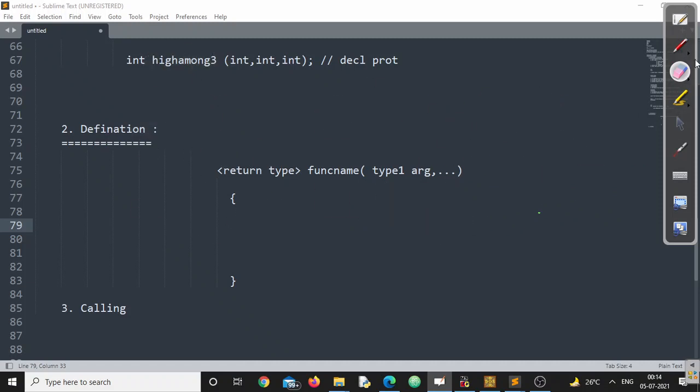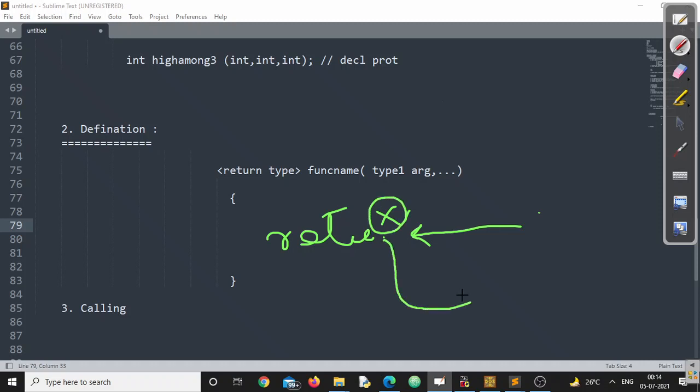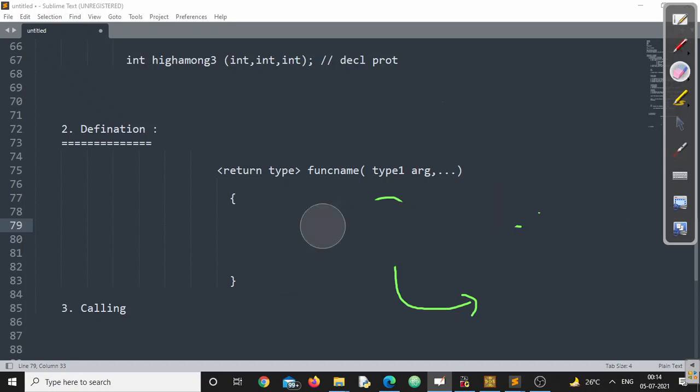Remember, what will the return statement do? Whenever this particular statement is executed, immediately the control will turn off this particular function's execution and transfer the control to the calling function. What does that mean? Suppose I am writing void main here.